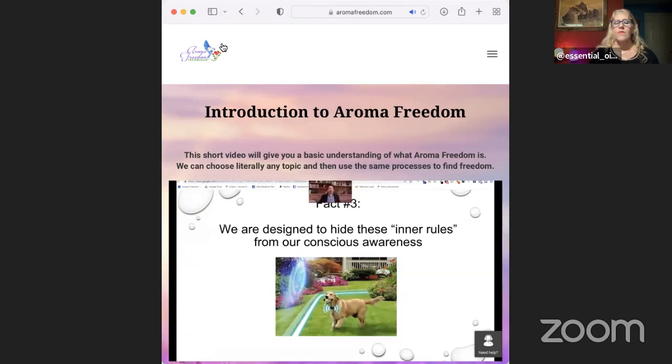And the best example I can give is kind of like the invisible fence that a dog has on a collar. The dog gets too close to this wire buried underground and gets a shock. And so the dog learns very quickly that, let's say, for instance, going over to those pink bushes is painful, right? So the dog learns not to go over there. And after a while, the dog doesn't even have any interest in going over there, but doesn't know why. It's kind of like, oh, well, no, I'm good where I am. So we're all walking around with these inner rules that we're not aware that we have. And it's all by design that we have this.